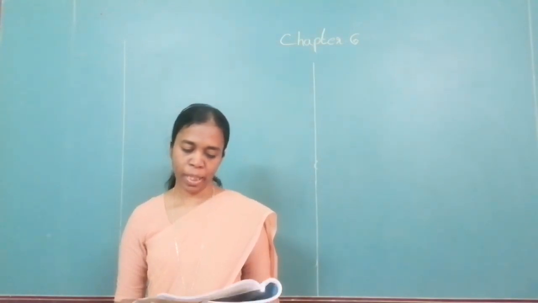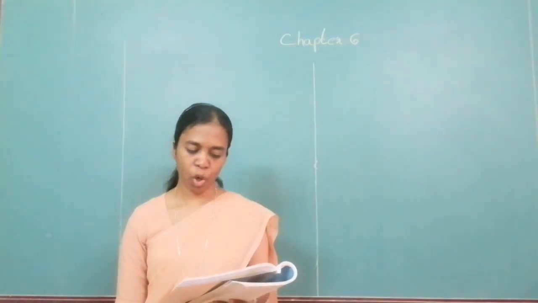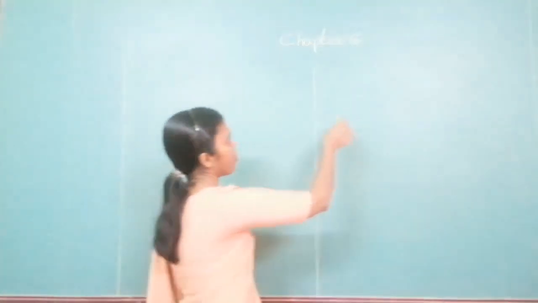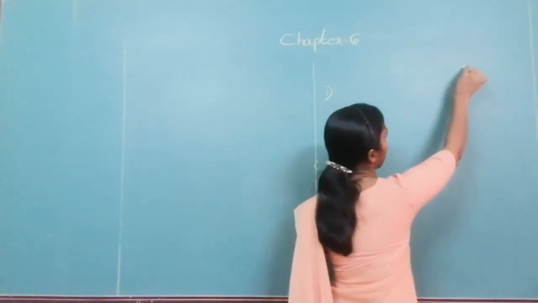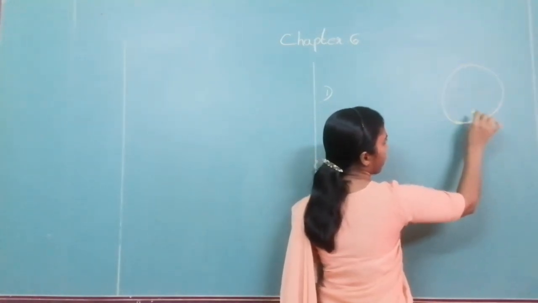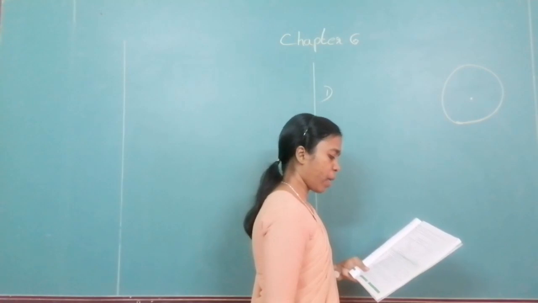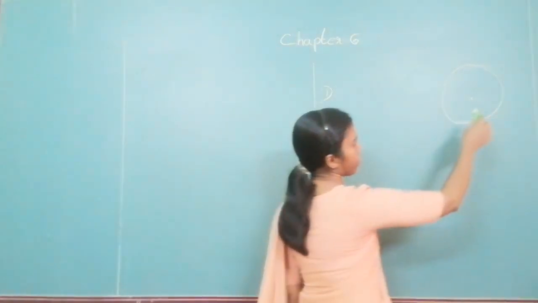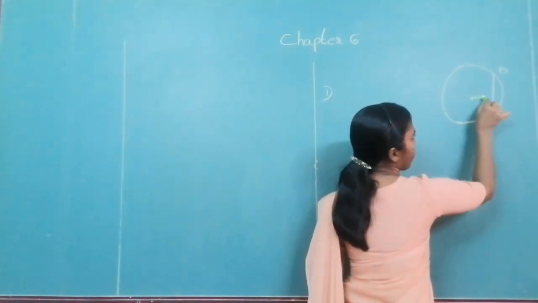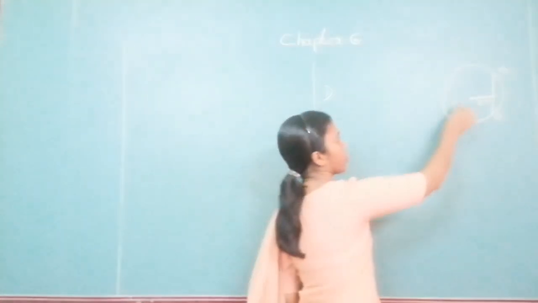Okay. Please take practice set 6.1, question number 1. Distance of chord AB from the center of a circle is 8 cm. So let us first draw a circle. Let us draw the diagram. Please draw a rough diagram for all the questions. Okay? Then you will understand it better. What is given to you? Distance of a chord AB from the center of the circle is 8 cm. So you have a chord AB, and the distance from here to here is 8 cm. This is what is given to you. Okay? This is my center.